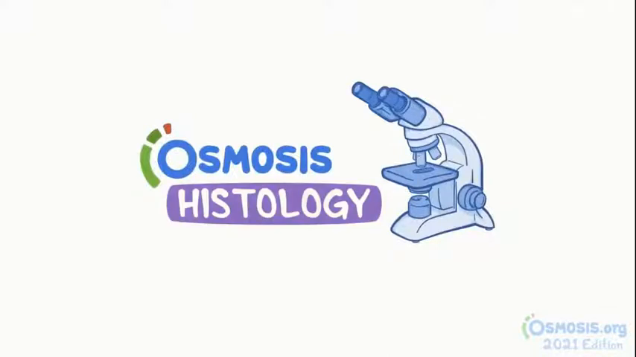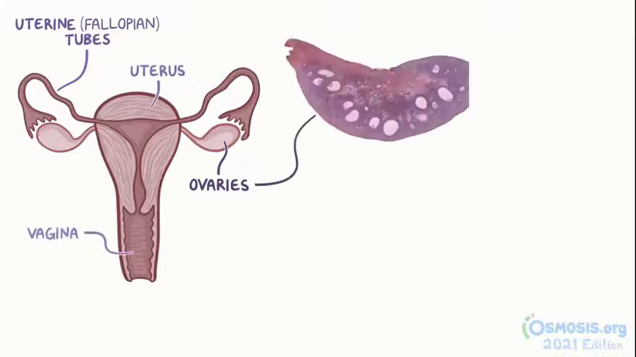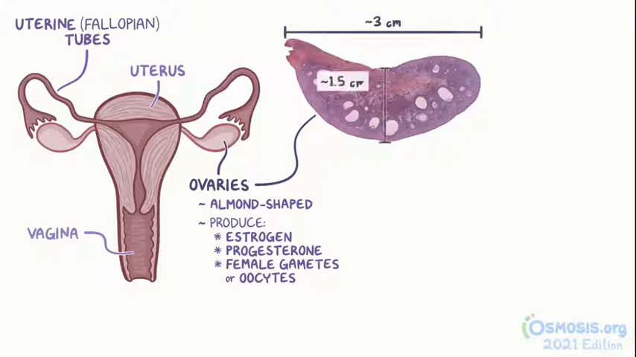Now, let's get a closer look. The internal female reproductive organs consist of the ovaries, uterine or fallopian tubes, uterus, and vagina. The ovaries are almond-shaped structures that produce steroid hormones like estrogen and progesterone, as well as the female gametes or oocytes. Each ovary is typically about 3 centimeters long, 1.5 centimeters wide, and 1 centimeter thick,